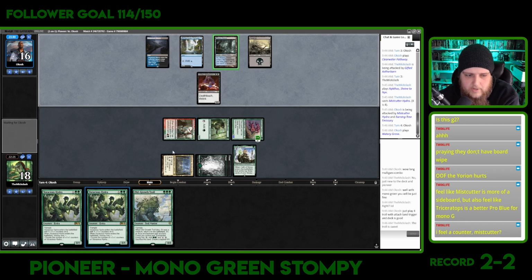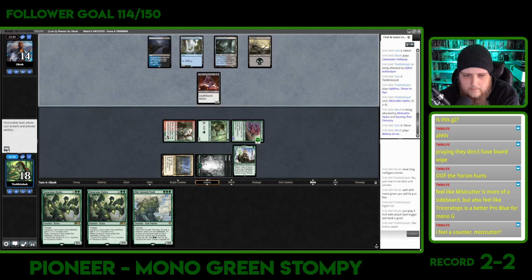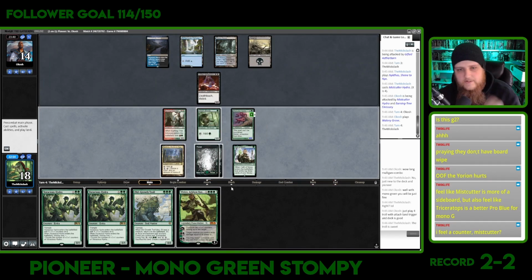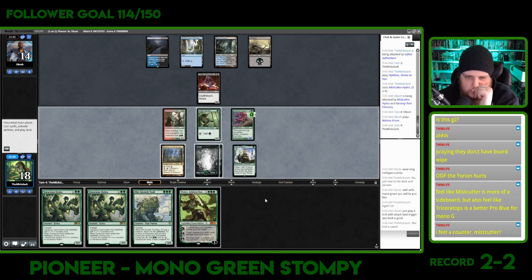The only thing that sucks with the Voracious Hydra is Gifted Etherborn. It would kill it. Probably this turn go... If I can draw a land... I don't know. Well, there's that. Target creature you control deals damage equal to its power to target creature or planeswalker. So...